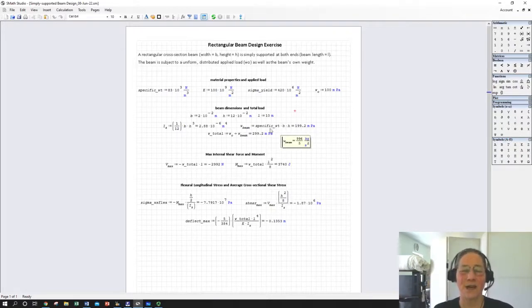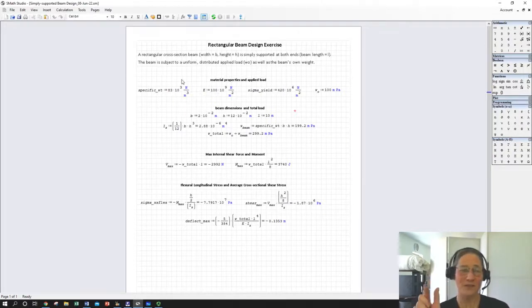So I'm going to calculate to get the total weight of the beam. I would multiply by the length, but because I'm expressing this as a uniform dead load, I don't want to multiply by the length of the beam. I just want to have basically a weight in newtons per unit length. So I just multiply the area, which is base times height, times that specific weight in newtons per cubic meter. And I notice that my dead load from just this material weight, so this is a fairly dense material,